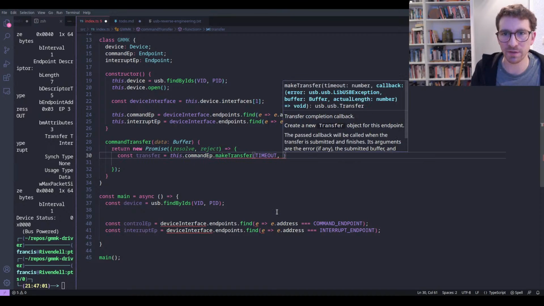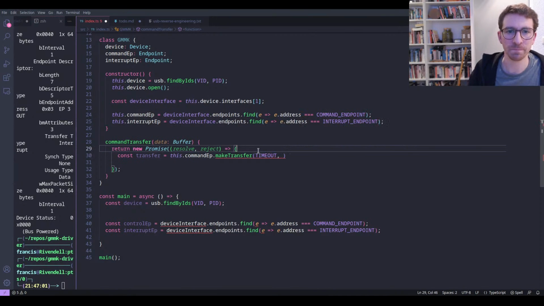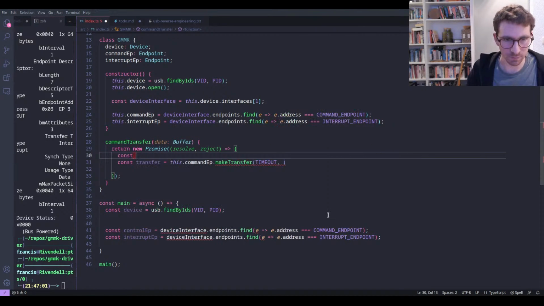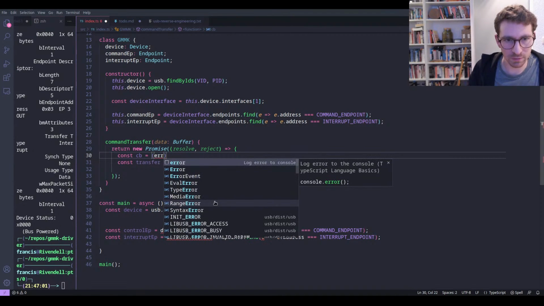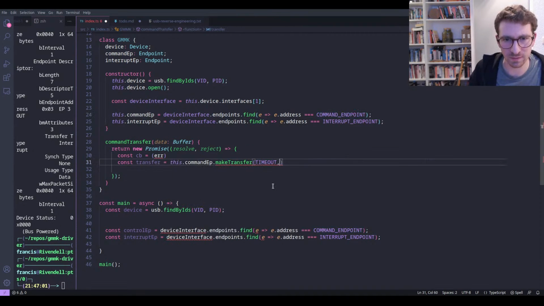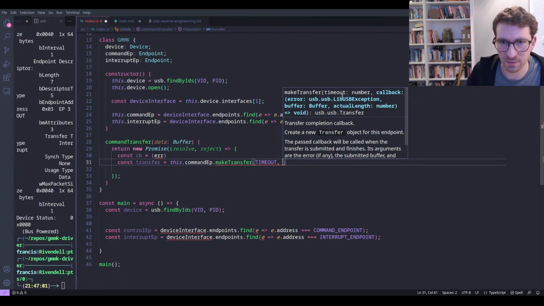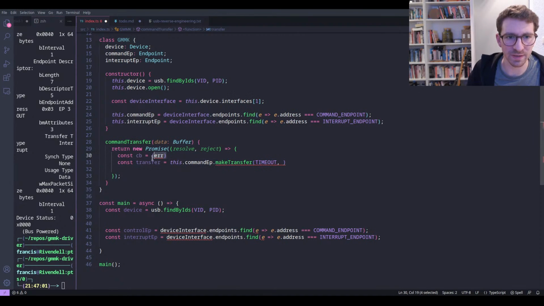And you can see that the other thing we need to provide here is a callback. The callback is in this form. So I'm going to put it out here because I'm actually going to need it in a couple of places. So that takes the error. Wait, what is the argument for this? So it's, you know what, in this case that's